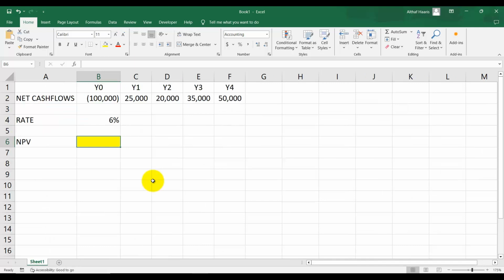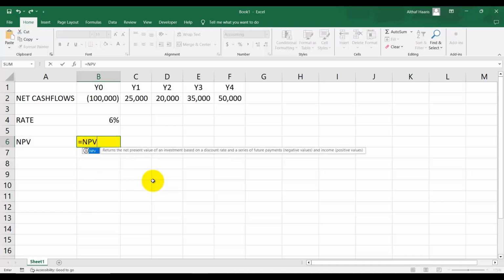Now let's see how to calculate the NPV using Excel. The formula that you have to use is equals NPV. Open the brackets. First you will have to select the rate. So the rate that I have taken is 6%. Then you have